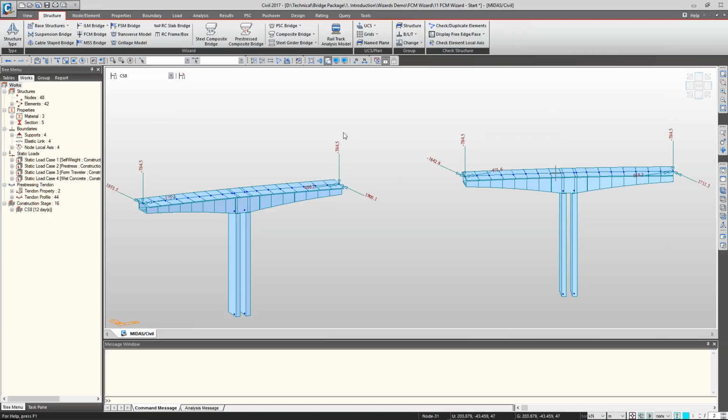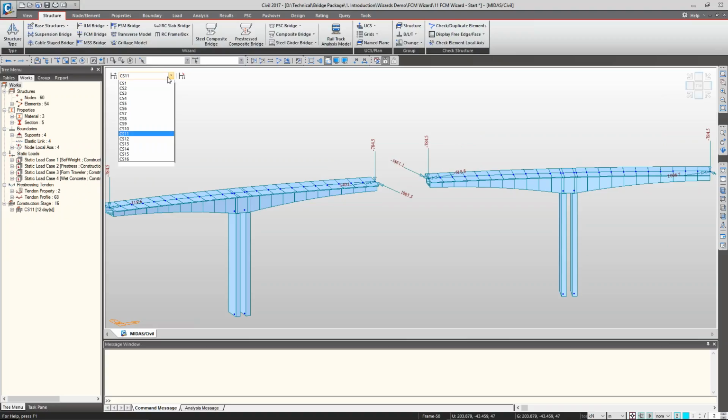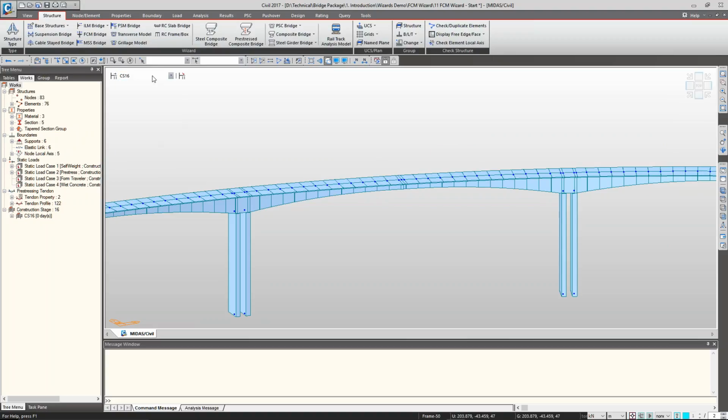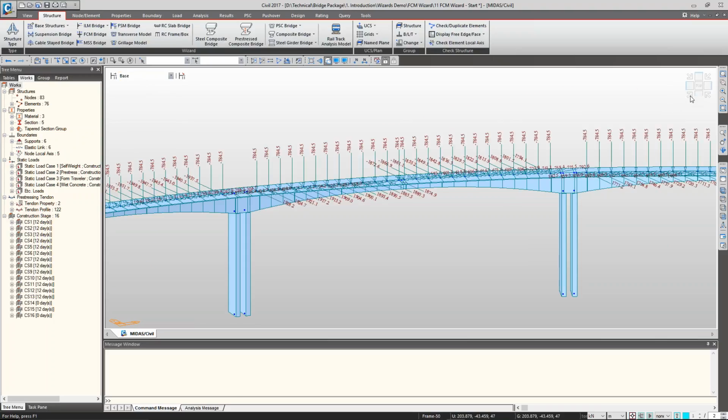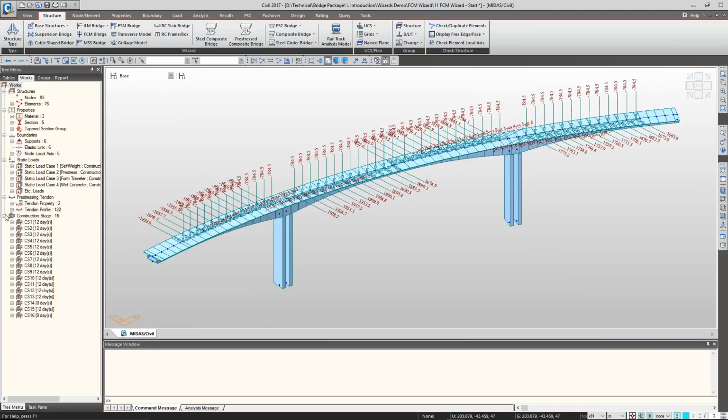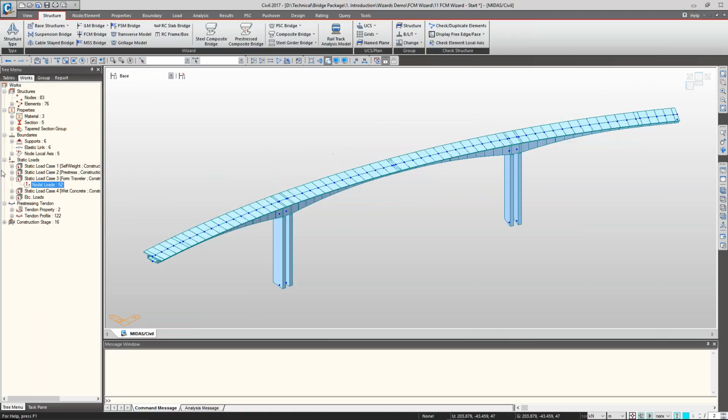So like this, the program will actually complete the entire model for you, and CS16 will be the stitching of the segments, and this is the base stage, which includes the entire information about the entire model. So here we have the entire model with us,